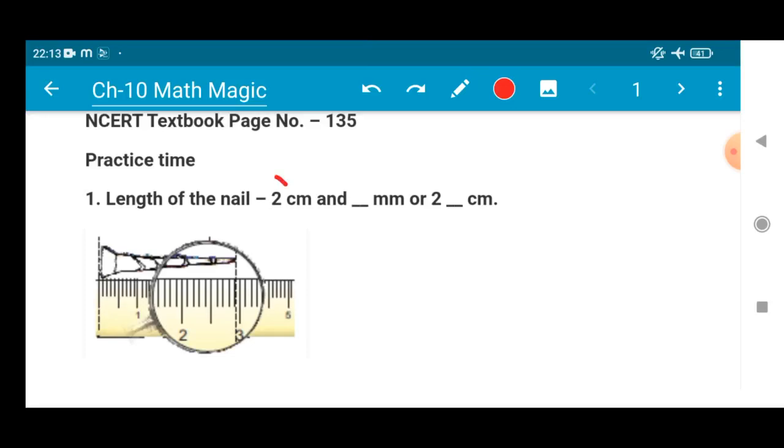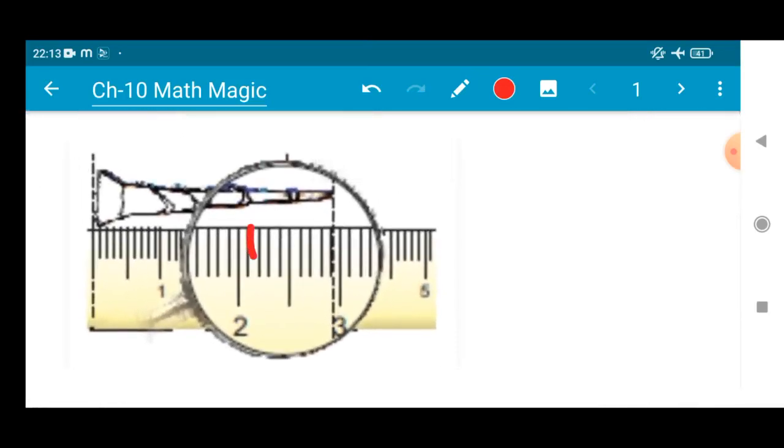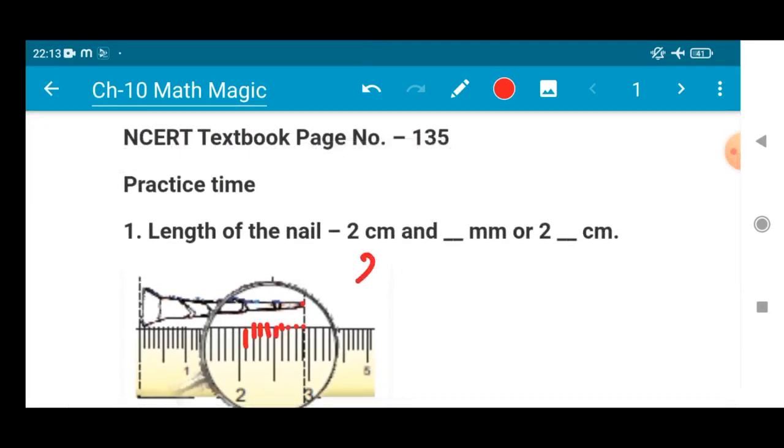So they have already said it is 2 centimeter fixed, but it is also crossing the value or the measurement of 2. So after 2 the smallest unit is considered as the millimeter; till 2 is the centimeter, the bigger unit. Then after that is 2.1, 2.2, 2.3, 2.4, 2.5, 2.6, 2.7, 2.8, 2.9. So the tip which is getting finally at the end is 2.9.